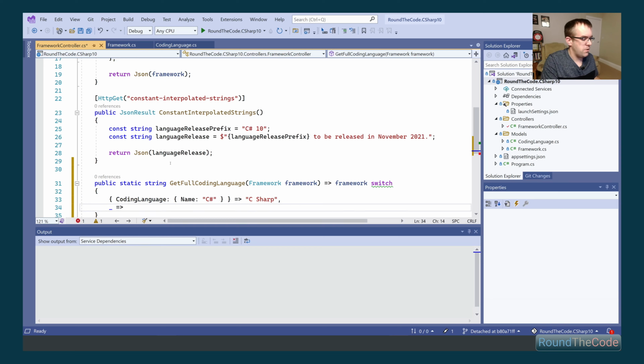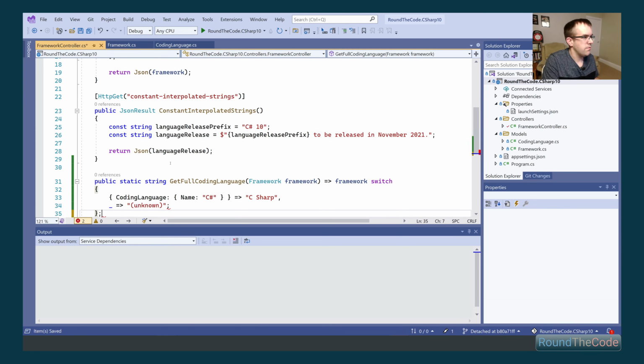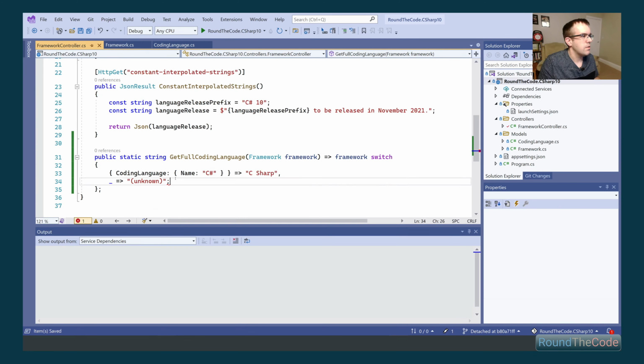Otherwise, we're just going to return unknown. Like that. Don't need a semicolon there. So that's how you do it in C#9, but with C#10 you can make it a little bit cleaner.